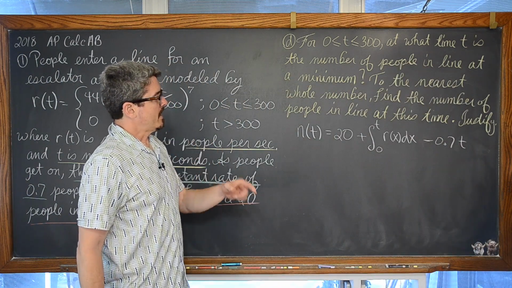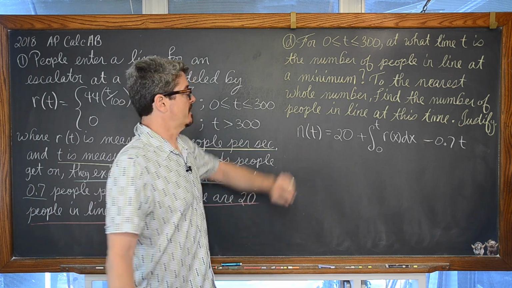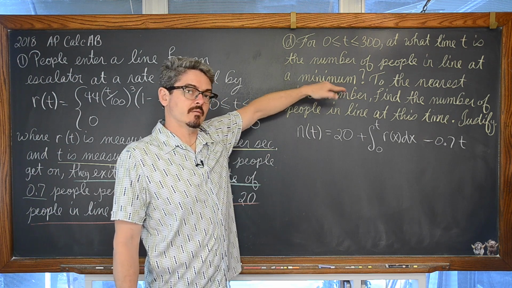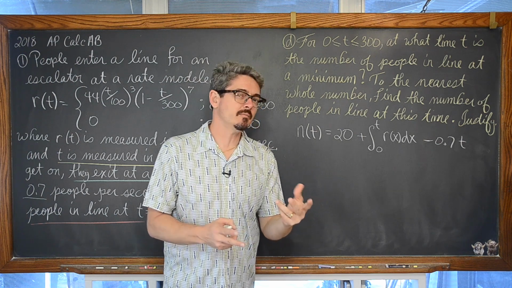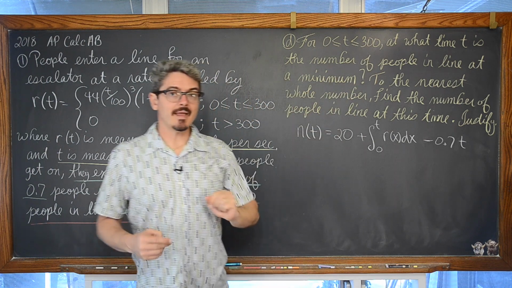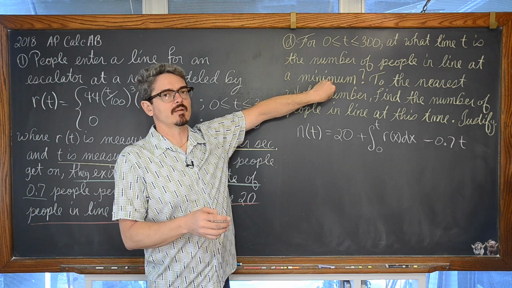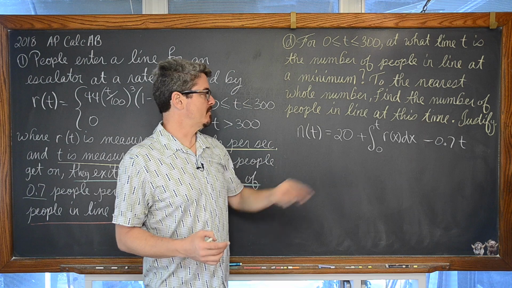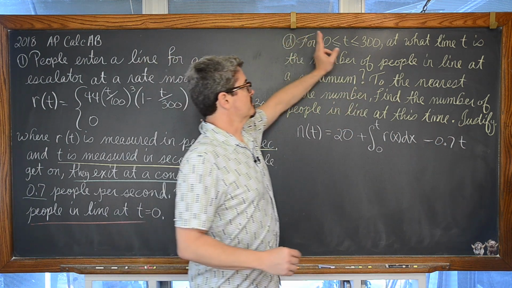Now, we're asked to identify, we have a function that describes the number of people that are in line, and now we need to describe when is the number of people at a minimum. Basically, just identify maybe a relative minimum or an absolute minimum. It gives us this closed interval, and it doesn't say where's some kind of relative minimum. What is the minimum? This is actually like an extreme value theorem problem. What's the absolute minimum that this function takes on for the closed interval from 0 to 300?